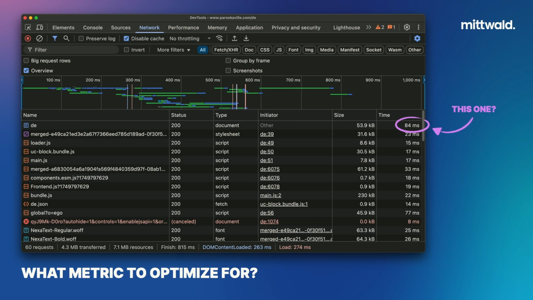Who cares if that index PHP is served in 80 milliseconds, and then you have that 200 megabyte video which blocks your loading and takes 2 minutes to load. So what then? Do we use the load time? Do we use the finish time that the browser tells us? Actually, that's a solved problem, because there are well-defined metrics for just that.